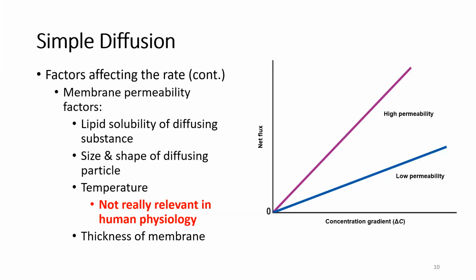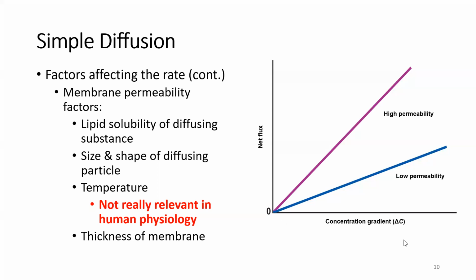And then the temperature, not so relevant in our bodies, but the temperature does increase the activity, the thermal energy of particles, and so they will be more likely to move in general, and then more so to move through the membrane as well. And then the last thing was the thickness of the membrane. Really kind of makes sense, right? So if something is thicker, it's going to be harder to get through. This is why most of our membranes that are adapted or suited for exchange, gas exchange, like our capillaries, like our alveoli in the lungs, they're very thin membranes to facilitate that permeability, that molecules and particles can go right